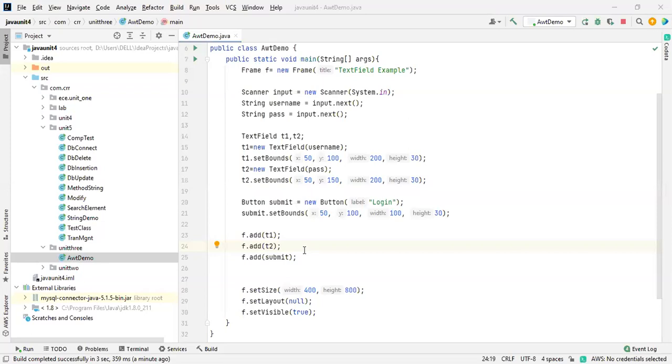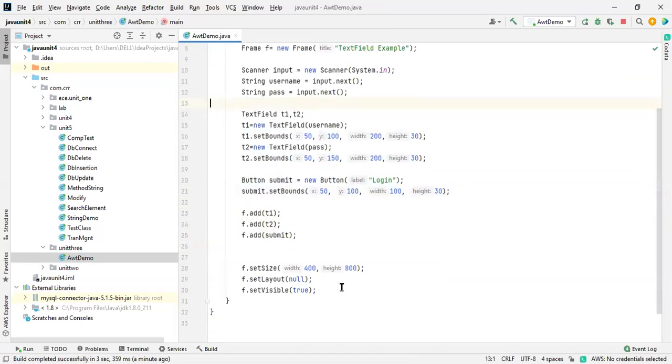Yeah, sorry for that. Actually, the set bounds we have to change. Try to change this, like 50, 100, this is like 80, 30. What we did was correct, there is no issue over there. We just change the height of it.